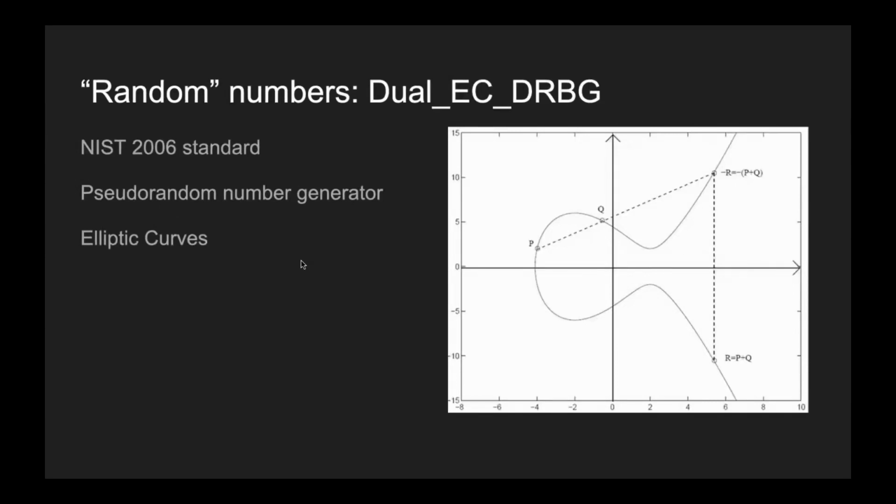So the Dual EC DRBG, I hate acronyms, but there's one for you, is a 2006 standard published by NIST, which is a pseudo-random number generator. Lots of cryptography and encryption depends on random numbers, or numbers that look pretty random. And this particular algorithm generates random numbers using structures called elliptic curves. And you can see one on the right, it's the curvy thing. And importantly, moving around elliptic curves, you can think of it as just bouncing around between points.